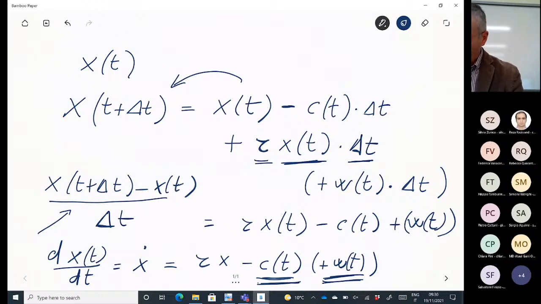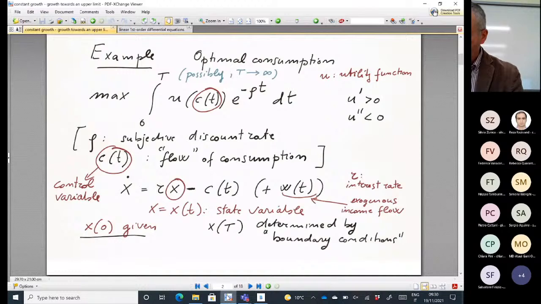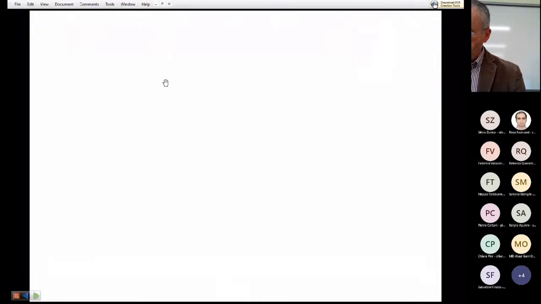A problem of optimal consumption has this structure. We have to maximize, you see here, an integral between 0 and capital T. Capital T is our time horizon. The interval 0, capital T, is our time horizon. For instance, 10 years, 20 years. Possibly, T is plus infinity,